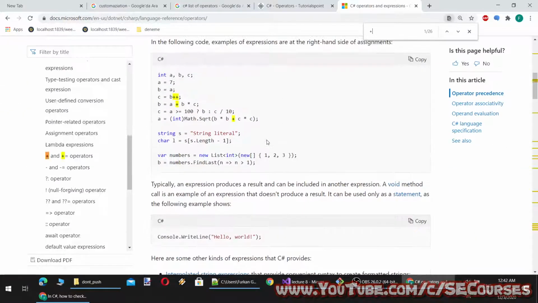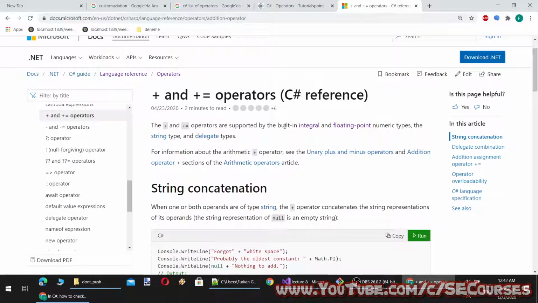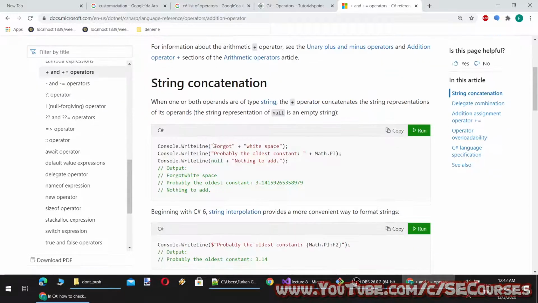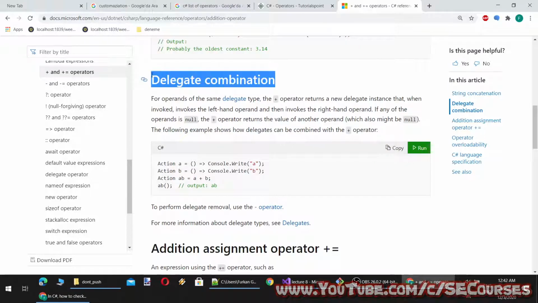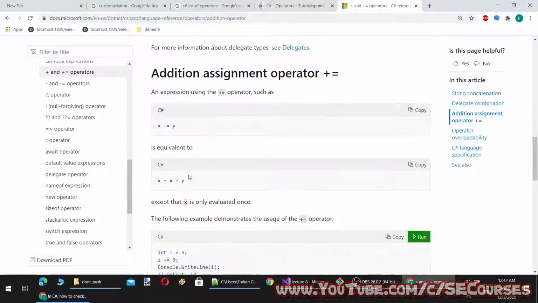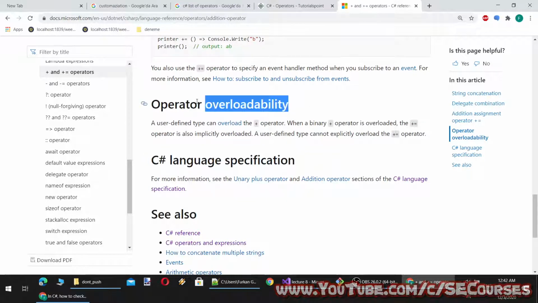So plus equal to is here. Okay, so this is delegate combination. Okay. Operator overloadability.